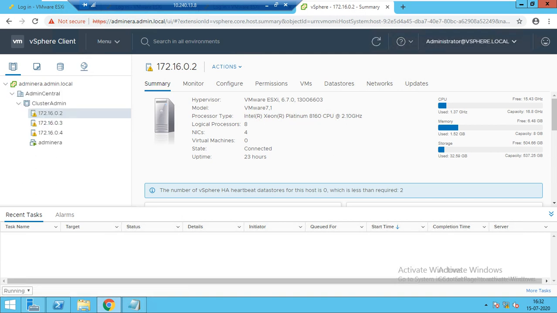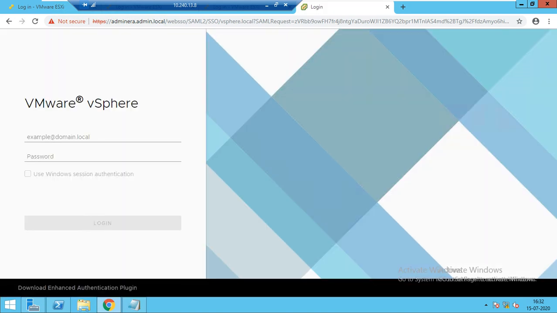We'll just do login and logout once. Sometimes it says to login and logout. After login and logout, the number of errors will go down.